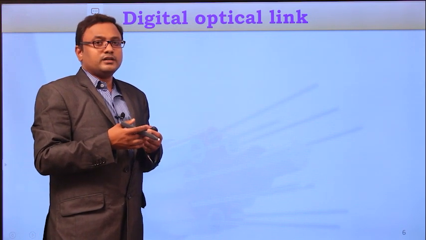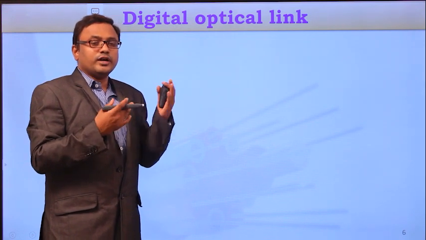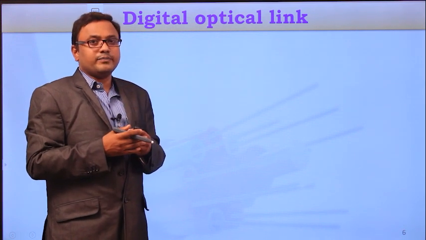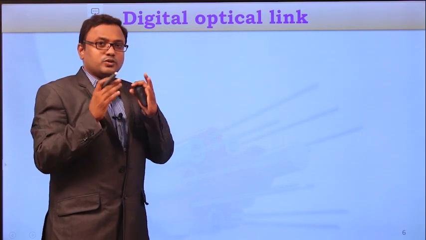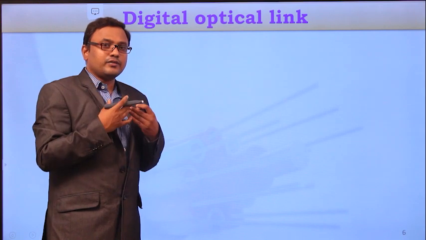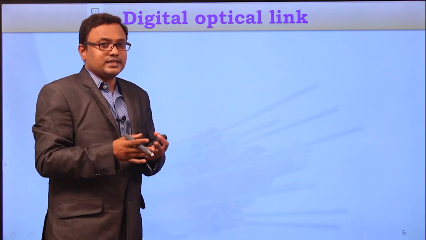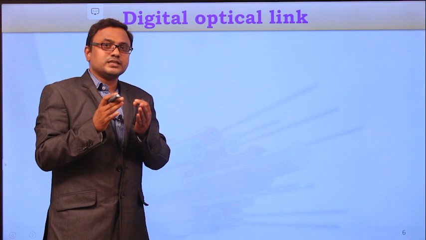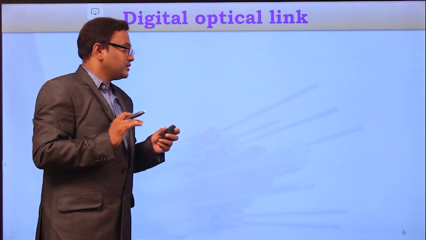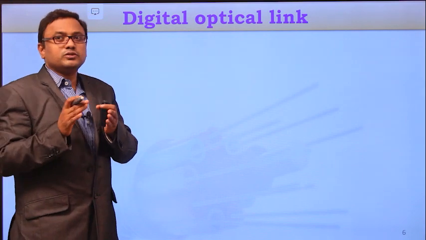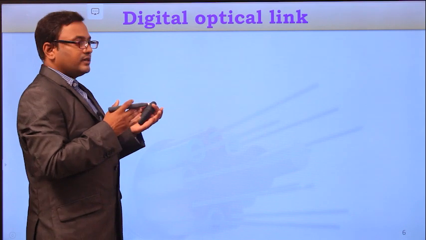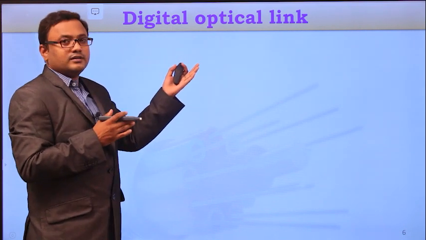So to avoid these problems, we go for digital communication. Digital communication is always advantageous when compared to analog communication. So now initially you assume our physical information has already been converted into a digital electrical signal. Now the information is in digital form, which means in the form of zeros and ones. And now we are trying to convey this digital information in the form of light signals.